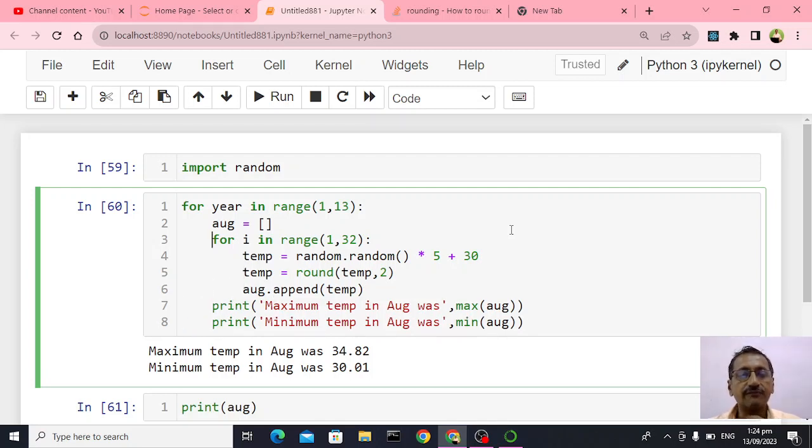So what we can do is create a list, month, MON, so month plus